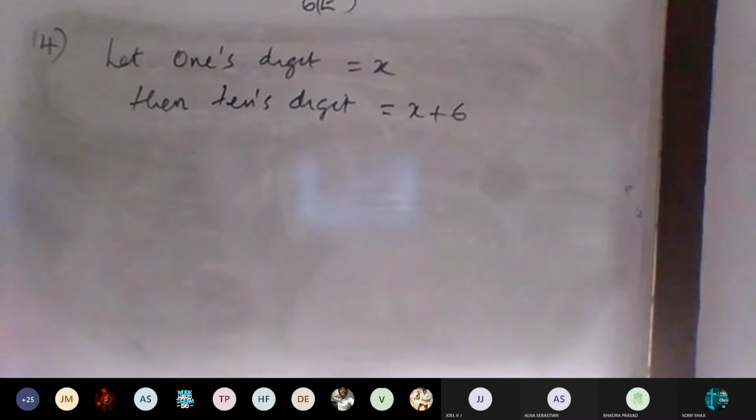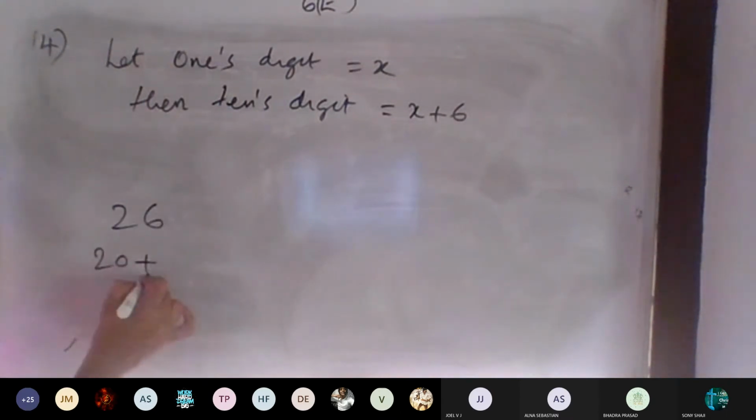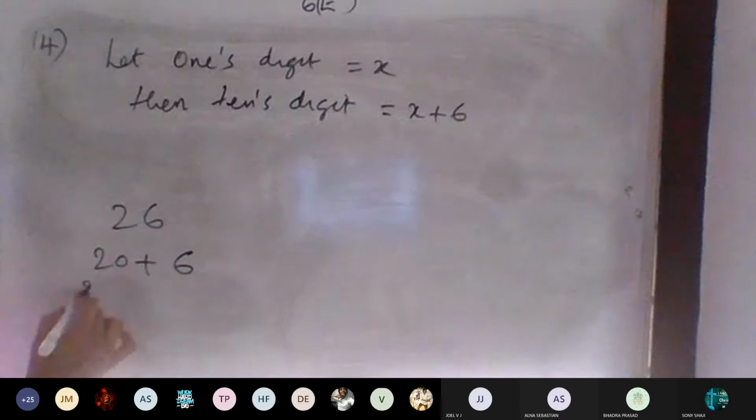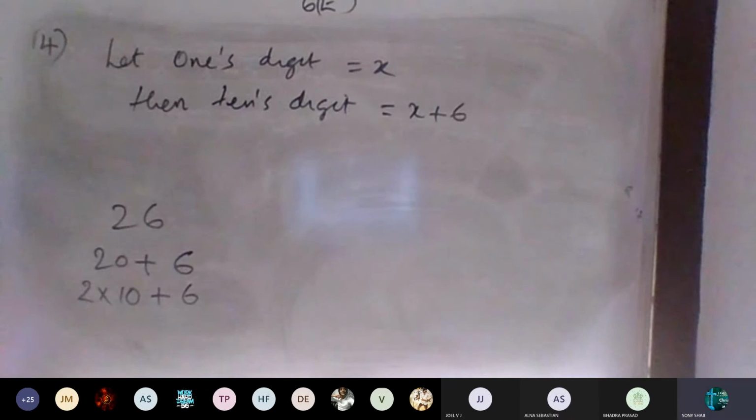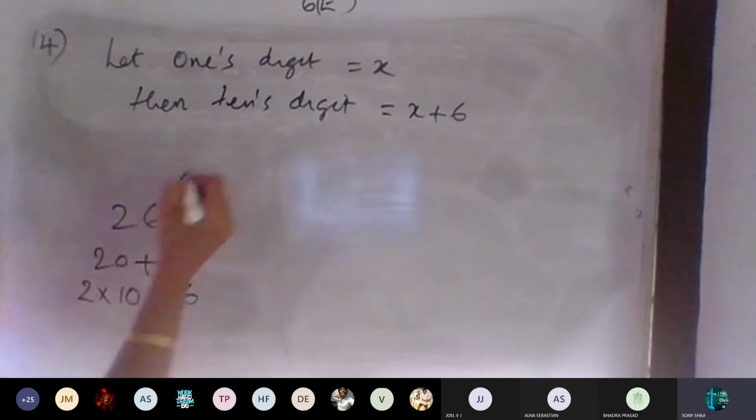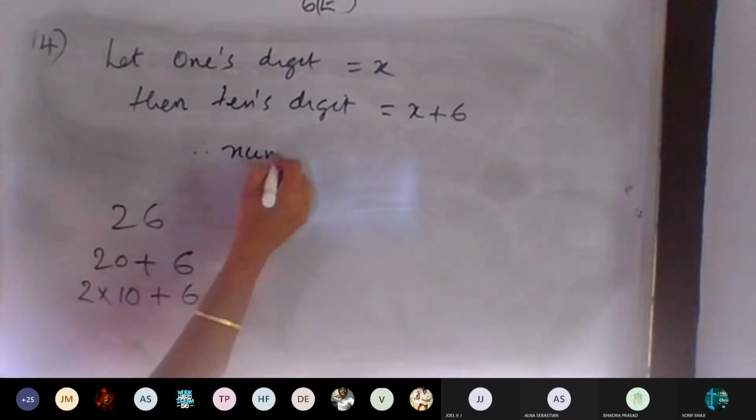Then what will be the number? Just write what will be the number. 26, I told you 26. 20 plus 6. 2 into 10 is 20, plus 6 into 1, that is 6. So in the same way, what will be the number? 2 into 10 plus 6. Therefore, the number will be